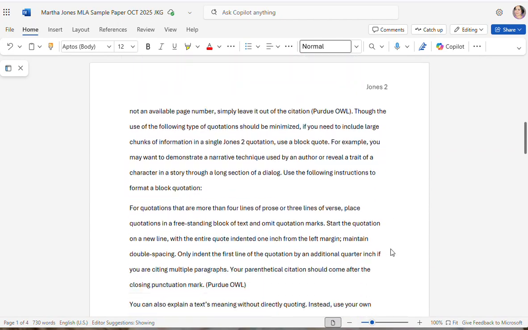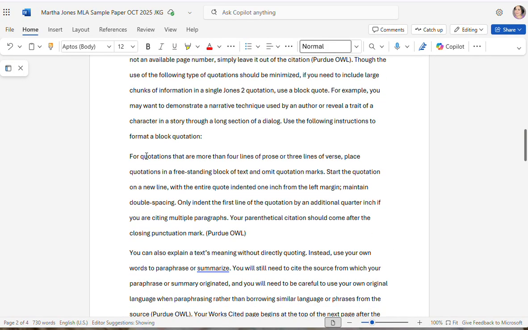Moving forward, I wanted to talk about block quotation. For quotations that are more than 4 lines of prose or stories, or 3 lines of verse, place quotations in a freestanding block of text and omit quotation marks. Start the quotation on a new line with the entire quote indented 1 inch from the left margin. Maintain double spacing. Only indent the first line of the quotation by an additional 1/4 inch